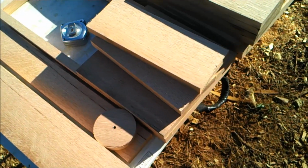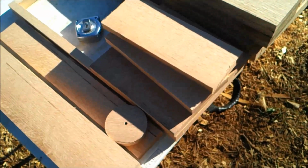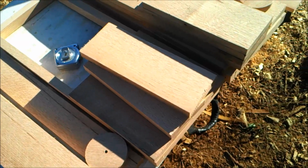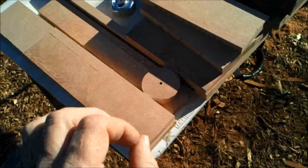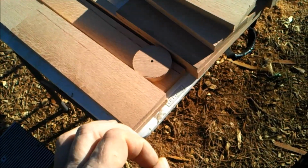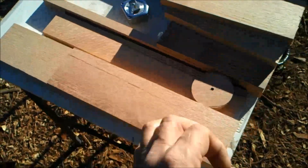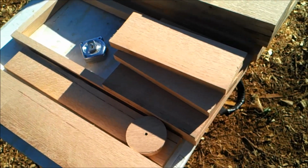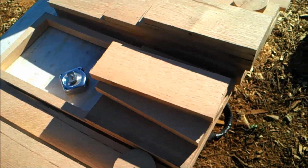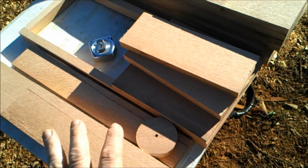All of this requires layout. I think it's probably the easiest for me to just go ahead and lay it out, mark it on all the pieces that need to be marked, so that I'm sure of all the cuts and things that I need to do. And then we'll look at doing a review of those locations and dimensions and the reasons for them, to help you in any layout that you may wish to do on yours. And then I'll go ahead and get everything cut out. After that,